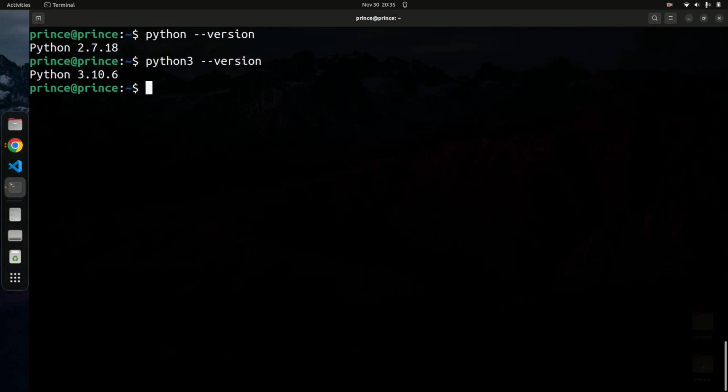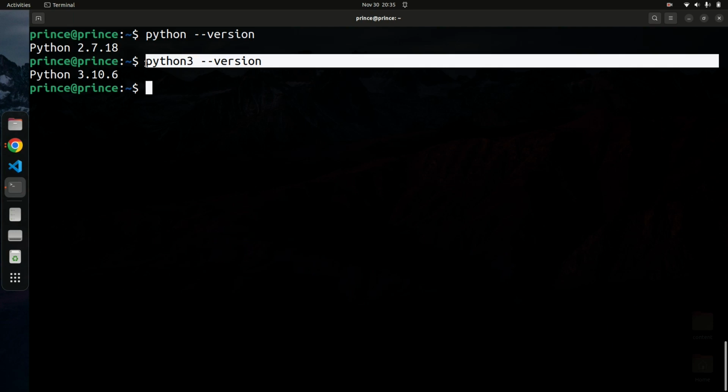So if you've never installed Python 3 on your machine, then this might not work for you. This might give you an error saying python3 is not defined or cannot be found, right? So if this works for you, good, it means you have Python 3 installed, and that should work for both Linux and Mac users. If you just bought a MacBook today, this command will still work for you because Python 2 is pre-installed on MacBooks and on Linux machines. Okay, but Python 3 is not. So if you run this command and you have an issue, it means that you don't have Python 3 installed. So let's go ahead and show you how to install Python 3.